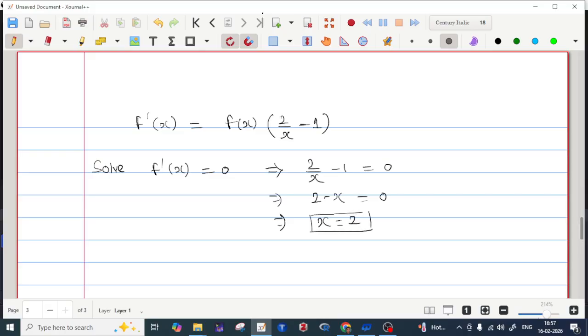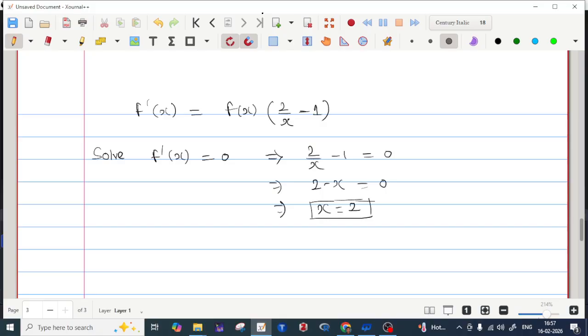So this x will be the mode if you obtain the f double dash x, and if you put x is equal to 2 in the second derivative, if it is negative, at x is equal to 2, then we can say that x equal to 2 is the mode for the given PDF. So